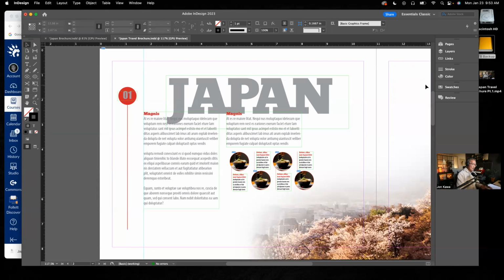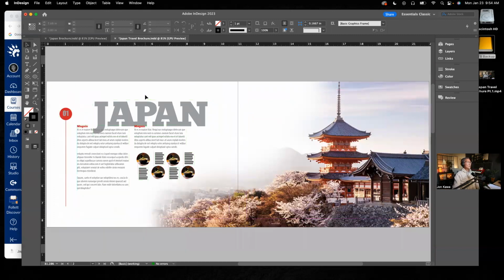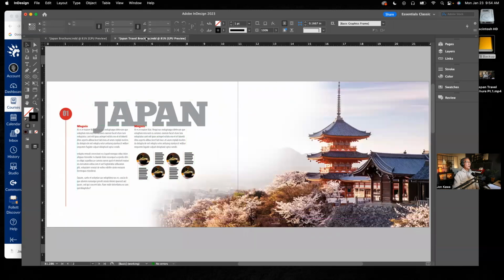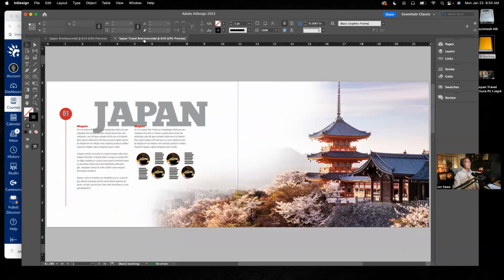I'm going to do Command Option 0, and take a look at the spread. Hit my W key to turn off all the guides, and that is it. That is this layout, pretty much. We're just kind of eyeballing it. And I think that's pretty much what we're doing. I'm not going to get too particular about making this exactly the same as that, but this is it. What I like about this layout is that it's airy, it's got a lot of negative space,